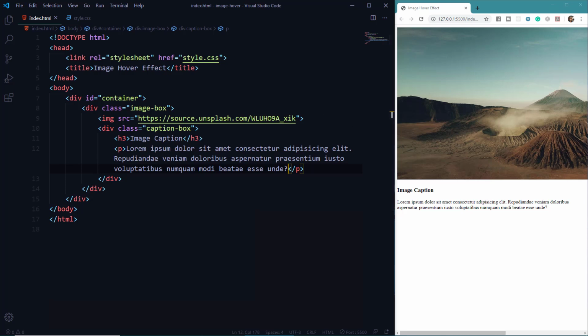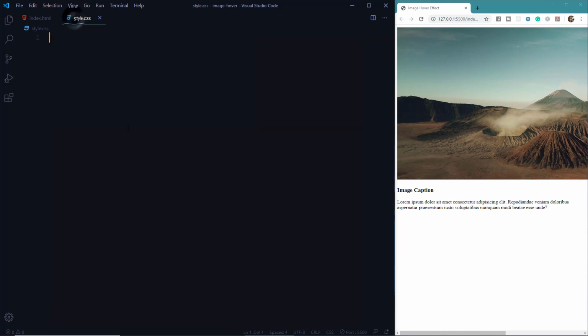Now let's edit the CSS. So we'll go onto the style.css file, and here let's first set the margin and padding of the whole document to 0 and give a box sizing of border box.